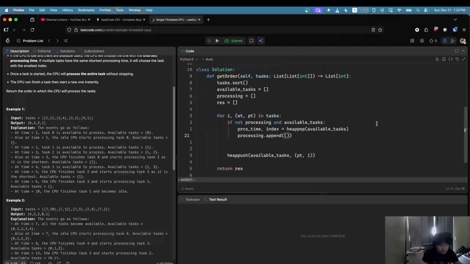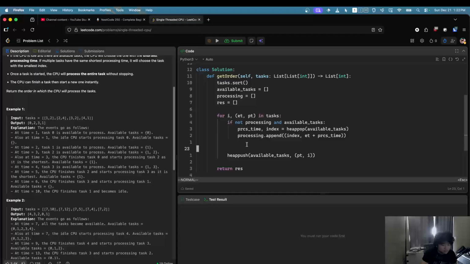Okay, task actually, which is the index, and then we'll do process time plus the ET plus the process time. Okay, so if not processing and available tasks, the process time index heap pop. So if there's nothing processing and there are available tasks,